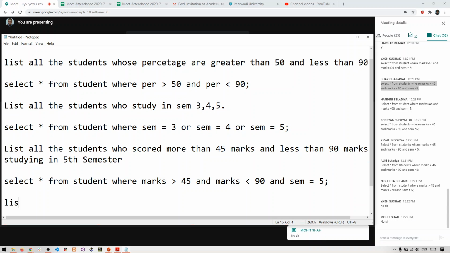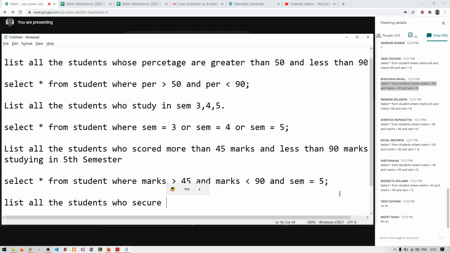Okay, then give me the answer for this. List all the students who secured more than 80 percentage, studying in semester 3, 5.